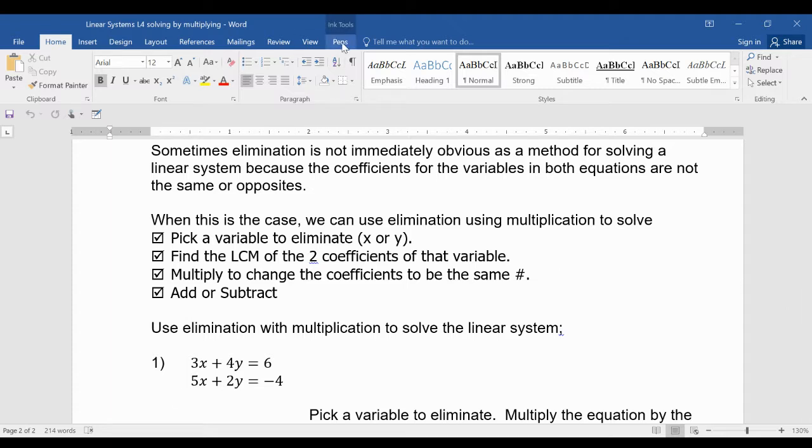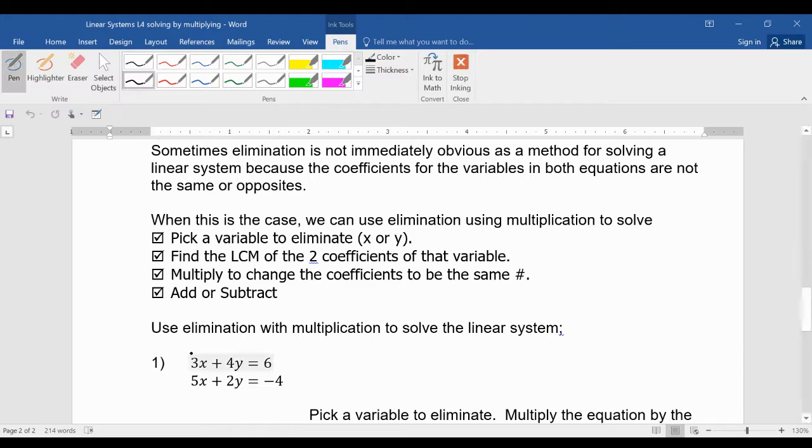So with the system of equations you see here, you notice the coefficients for x are 3 and 5. The coefficients for y are 4 and 2, so we're not in an ideal situation where we are ready to just straight up add or subtract. But we can multiply one or both of the equations as needed to force those coefficients to become the same or opposites, based on essentially recognizing what the least common multiple is and multiplying one or both equations as needed to achieve that least common multiple, so that we are then in a position to use addition or subtraction